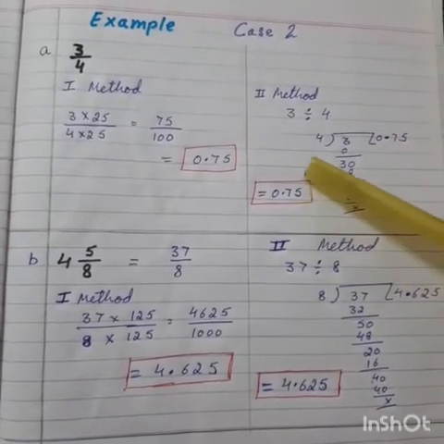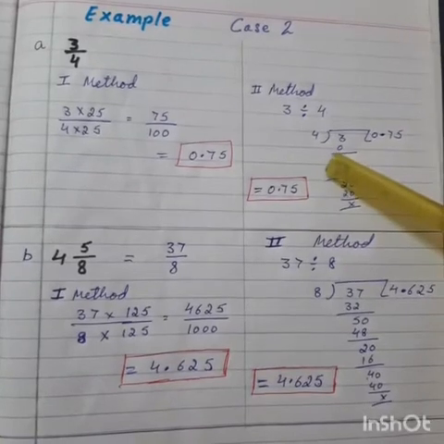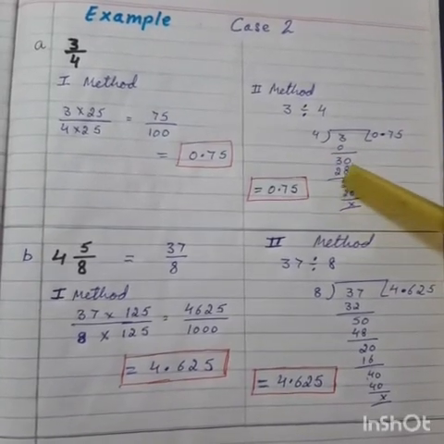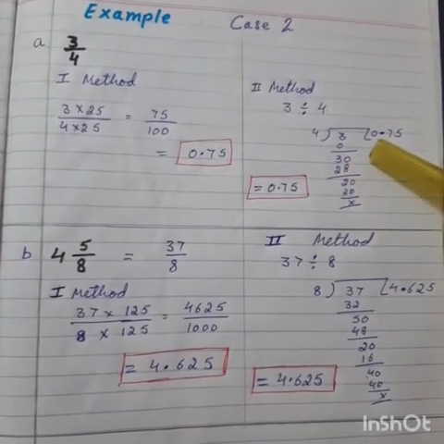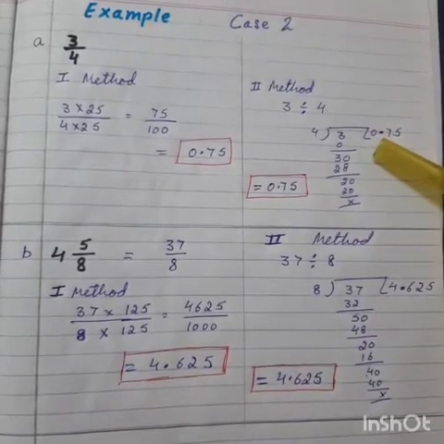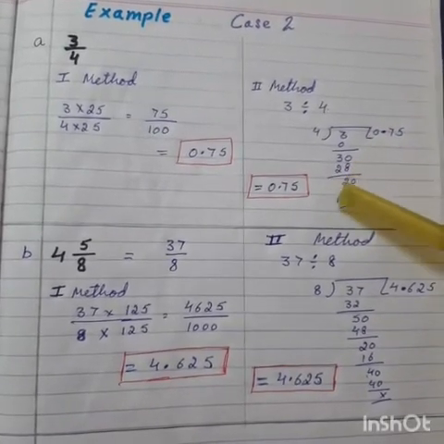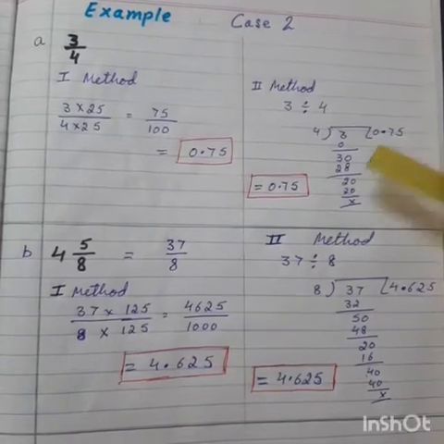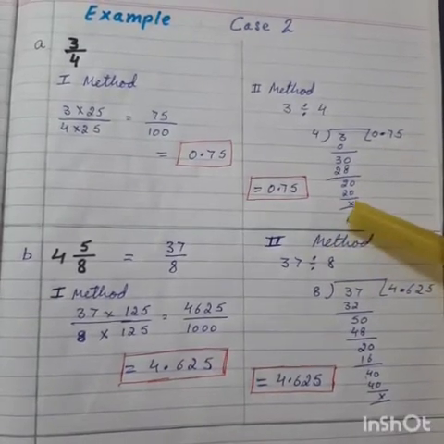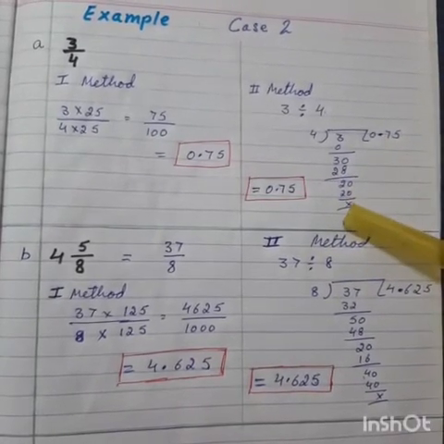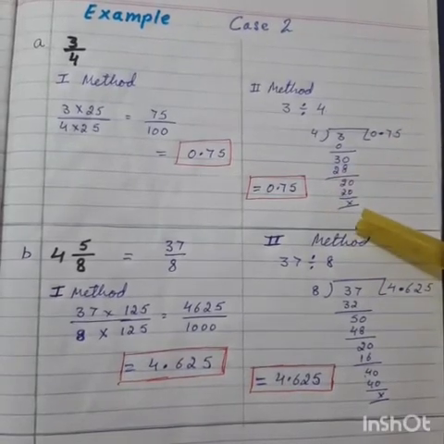Now as you can see, 4 zeros are 0. Then we get the 0 by the decimal. Once the decimal is put in here, we will get the 0. And so 7 4s are 28. And further, we get the remainder 2. Again a 0 is provided, and 4 5s are 20.